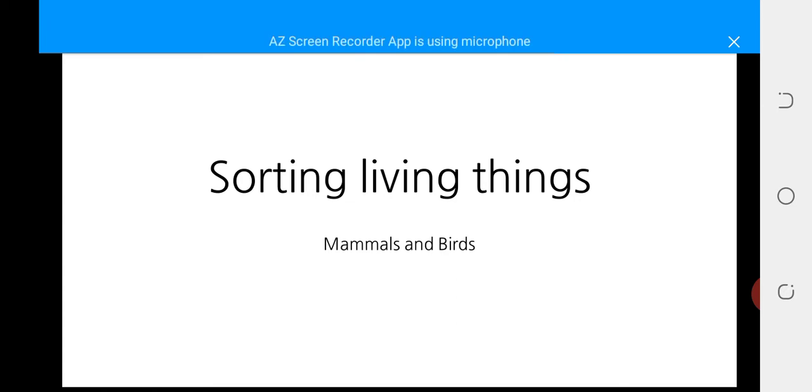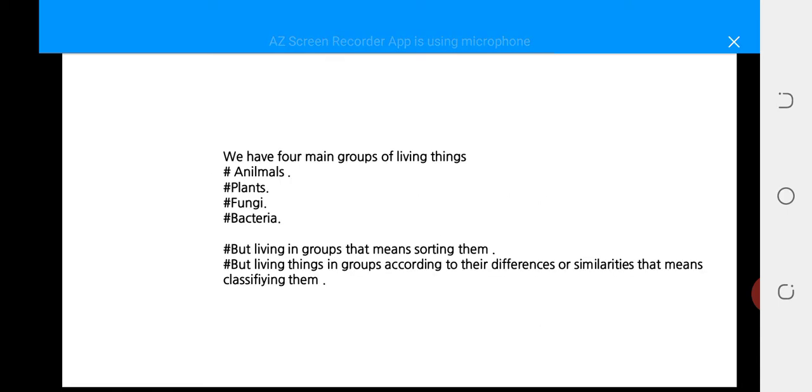We start our lesson with the group of animals, and we said that inside the group of animals we have six groups: mammals, birds, fish, insects, reptiles, and amphibians. So we put living things in groups, and this process we call